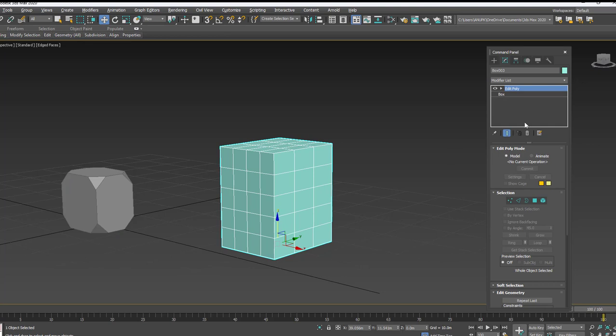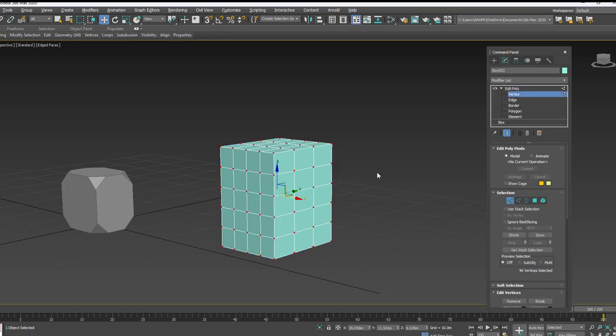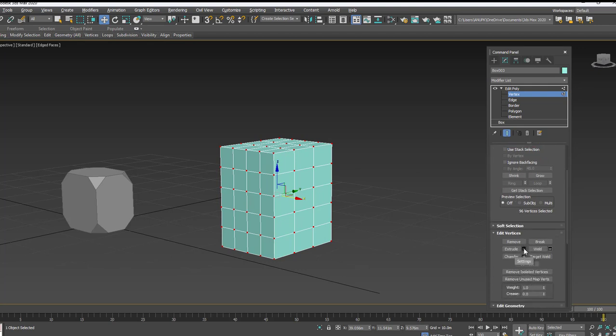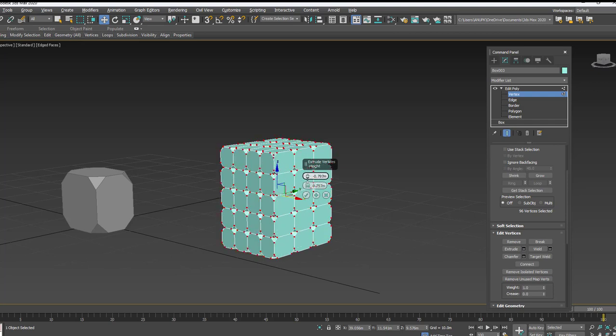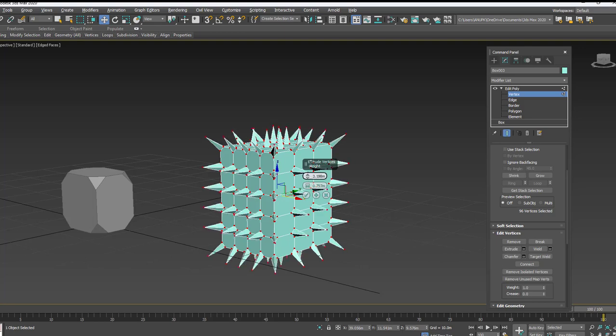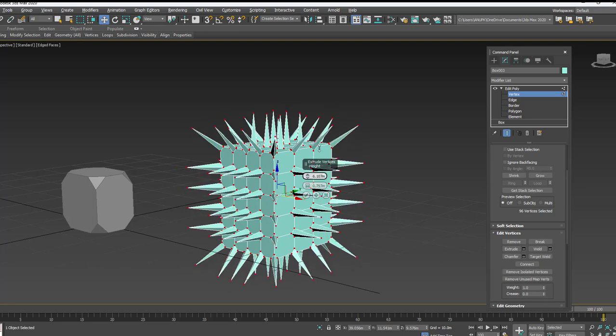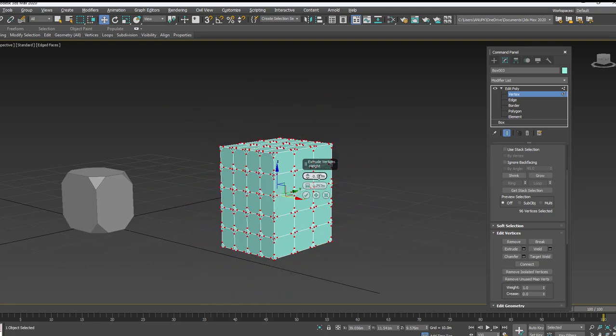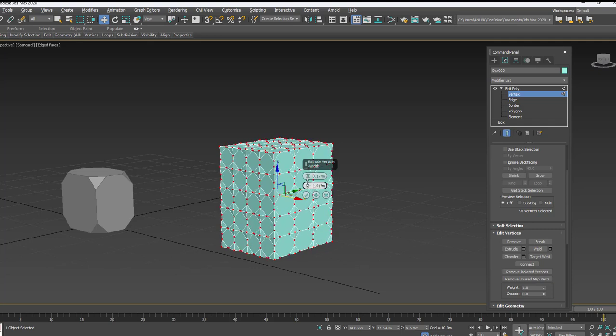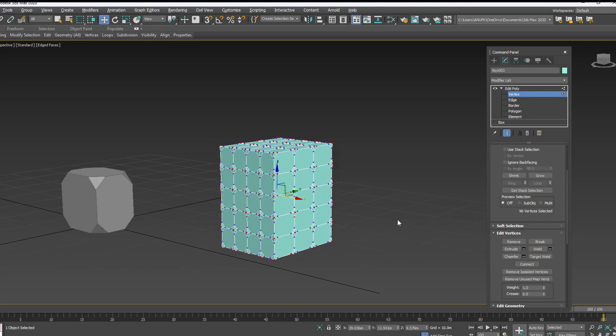Now I select this. Click over the vertexes to do the modifications. And then go with the extrude option to extrude each edge. Like this way, on the inner side or outer side you can do the modifications. It depends on your creativity, what you are going to do, and then finish it.